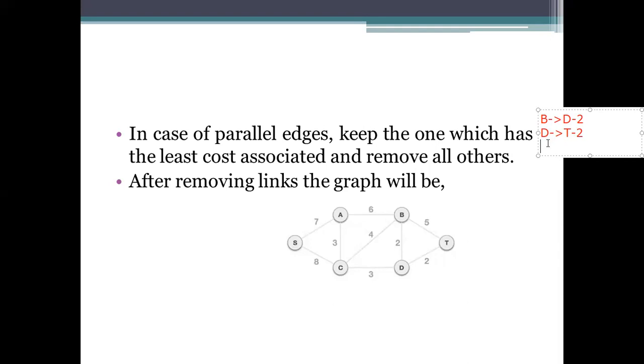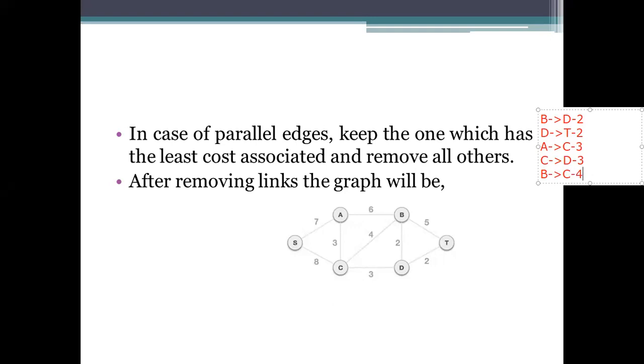And coming to the next one, A to C has weight 3, and C to D has the same weight, 3. And coming to the next one, after 3, we are having 4. The edge here is B to C, which is 4.